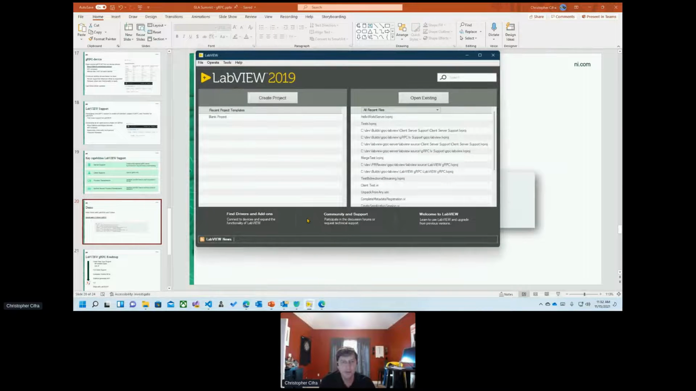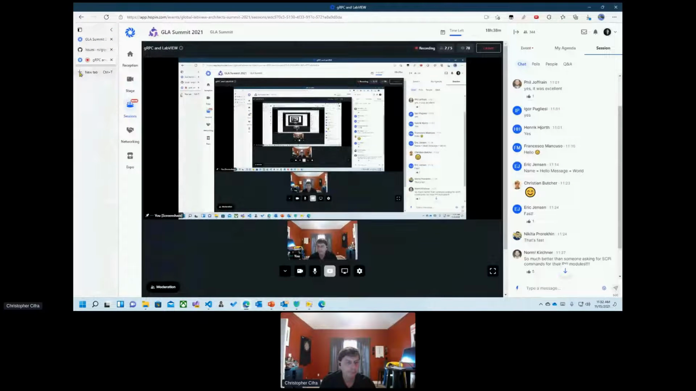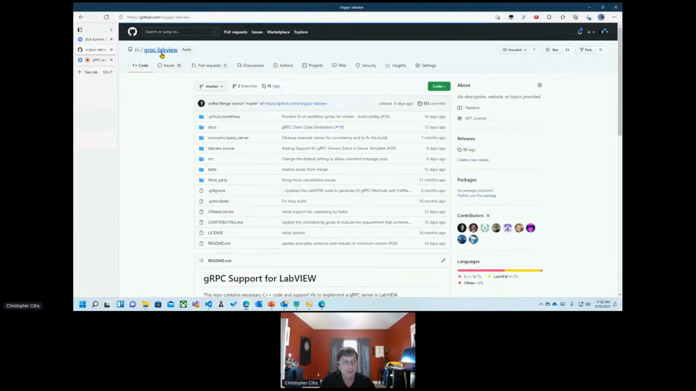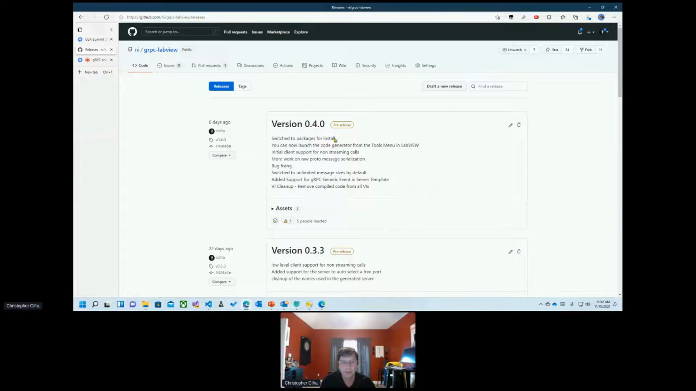So what you do in LabVIEW, you can go to GitHub. If you go here, you can see this is the gRPC LabVIEW page. If you go to releases, you can see we've done 15 so far, and you can get the latest version. If you download it, it's packages that you can then install into LabVIEW, and that